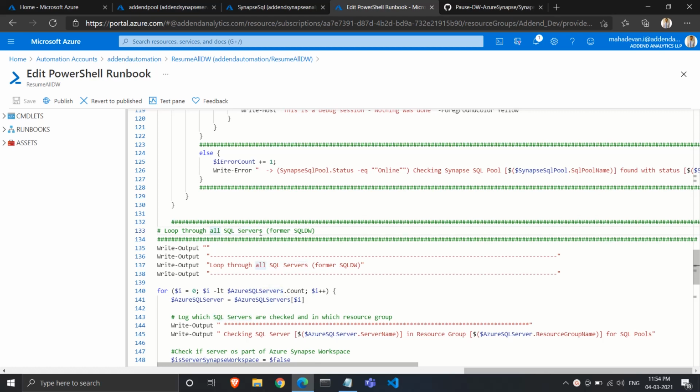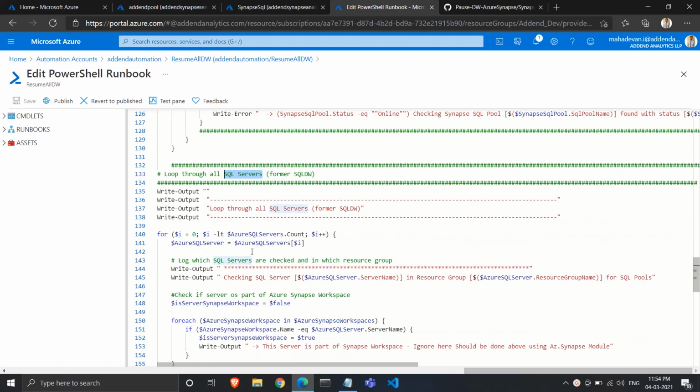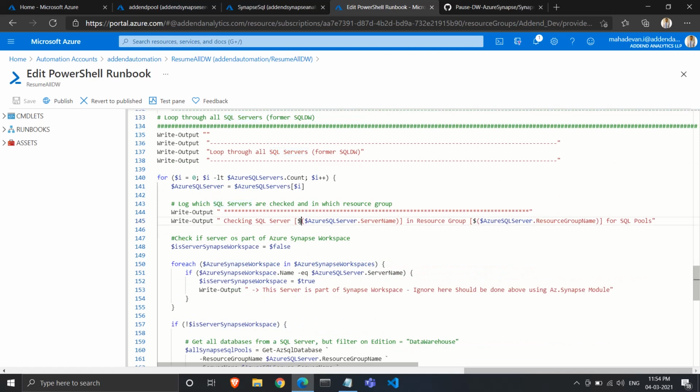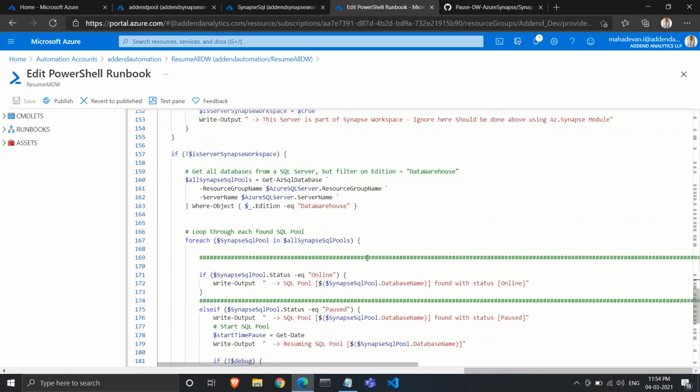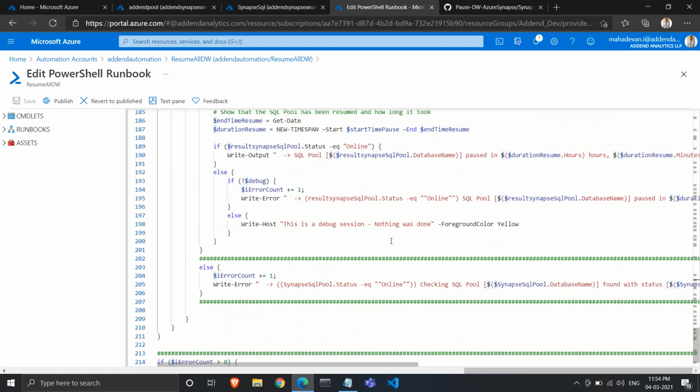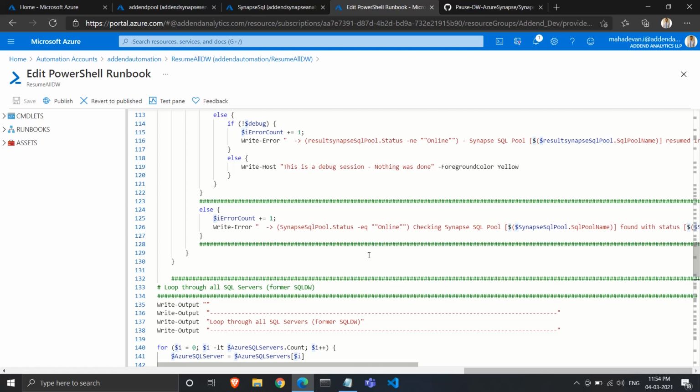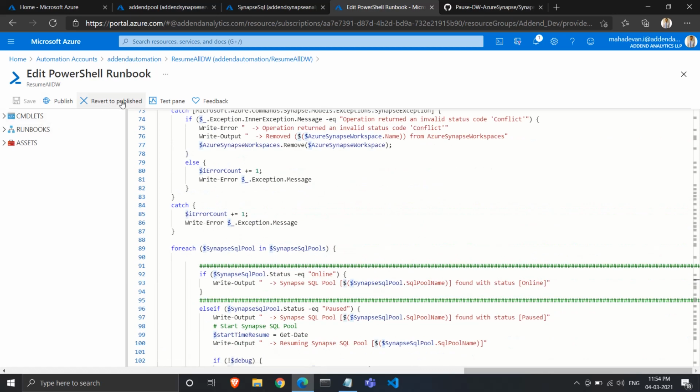We'll look for all the servers in the resource group, see if any SQL pool is hosted on that server, and see if any of those pools are switched off or turned off, and we'll turn it on again